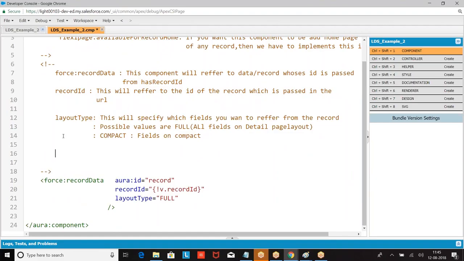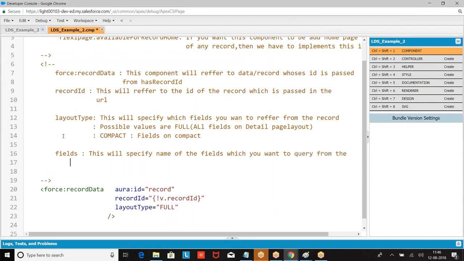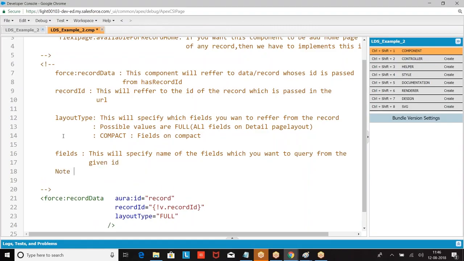Then we had fields. This will specify the names of the fields which you want to query. Note, we have to use either layoutType or fields.